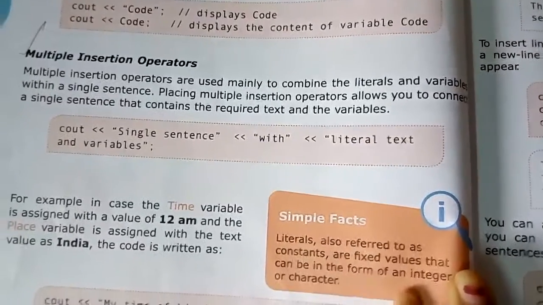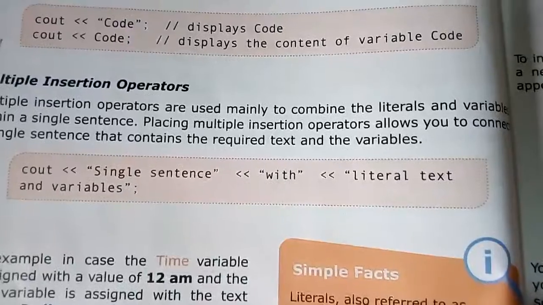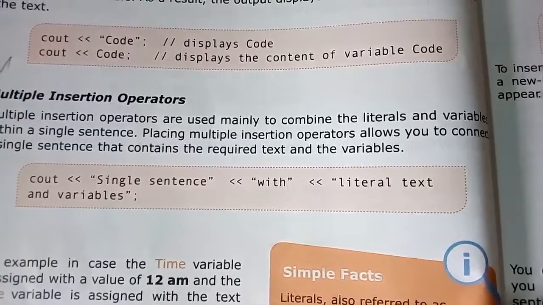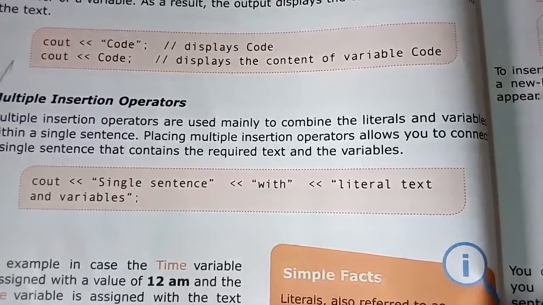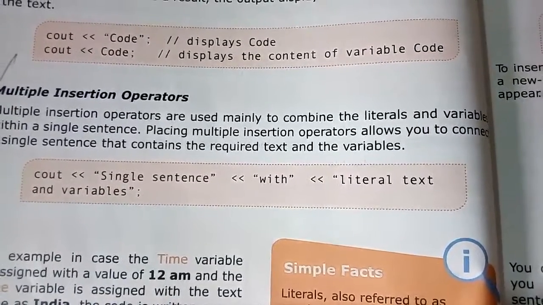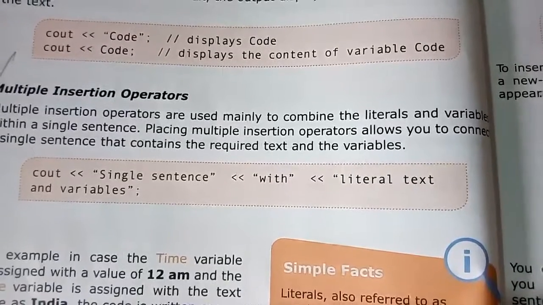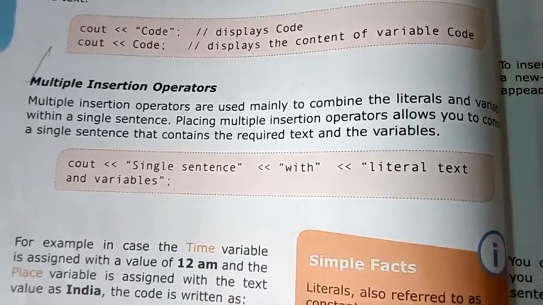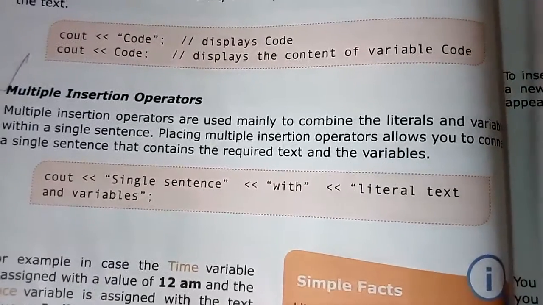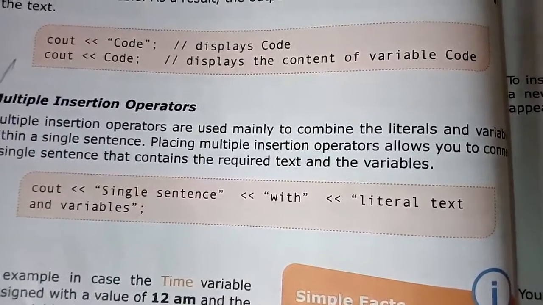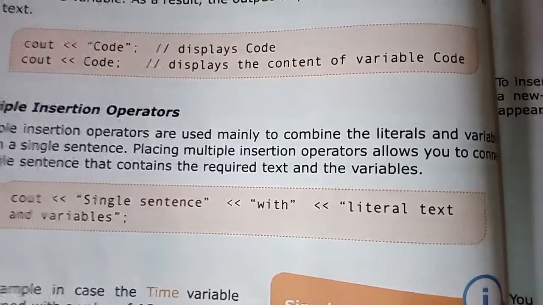So you write this example, see cout single sentence, and then you can see here the multiple insertion operator is used here, single sentence, then with, and then literal text and variables. So these 1, 2, 3 messages, or you can say outputs, are written over here in a single line through the multiple insertion operator. Okay,